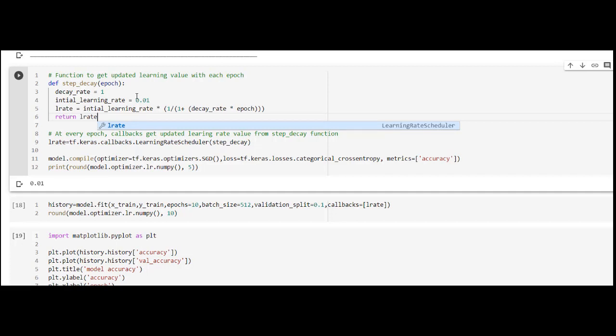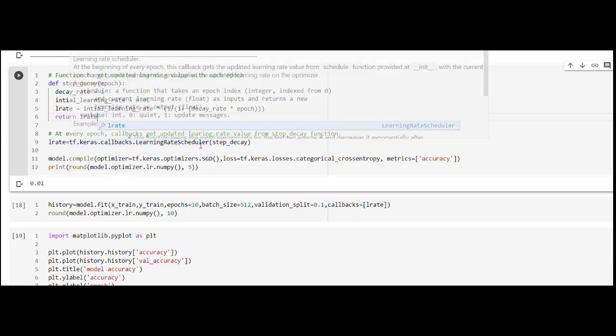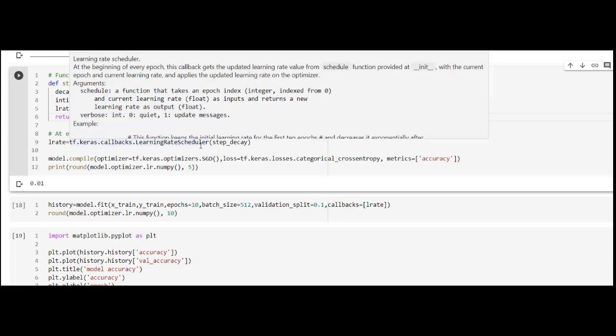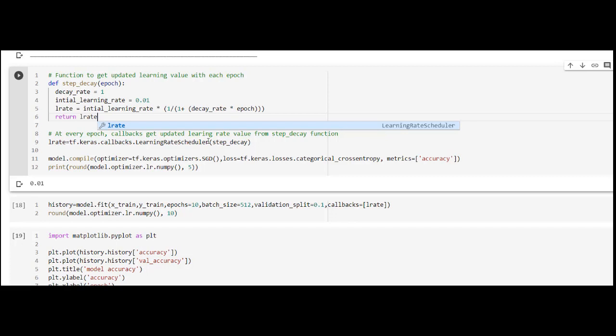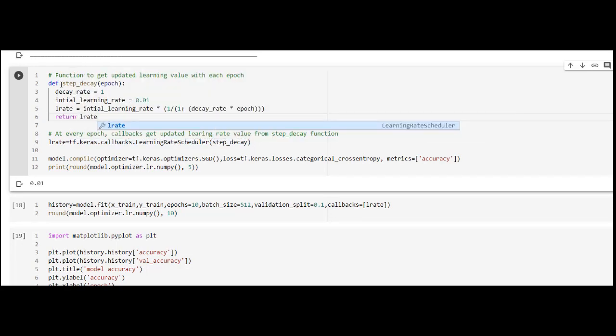So what we are doing over here is using a callback function which will be called during learning automatically due to this learning rate scheduler. The corresponding function is step decay. So the learning rate scheduler will call the step decay function.